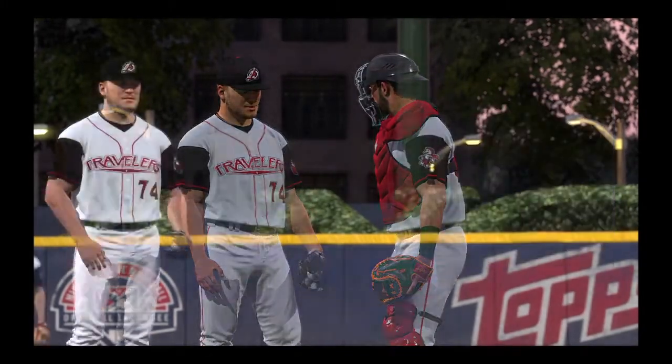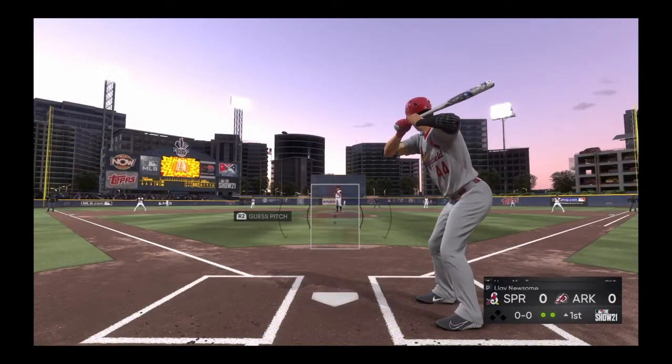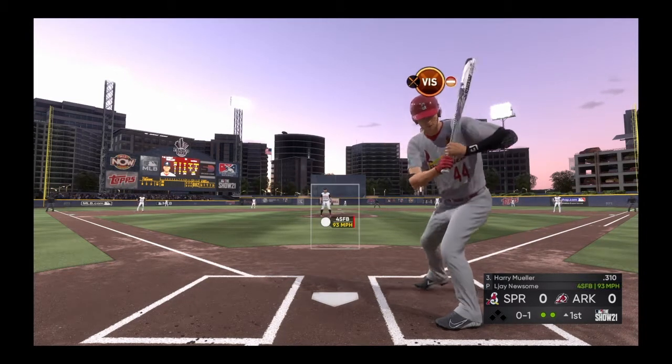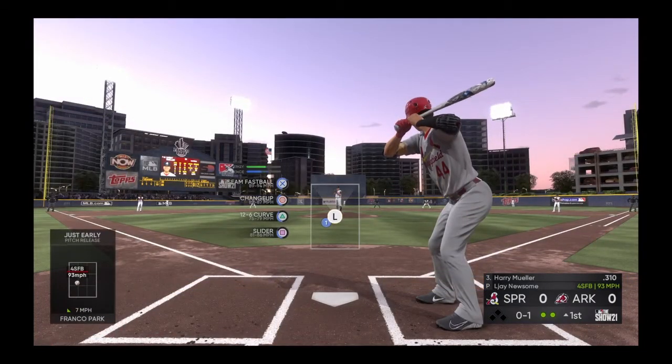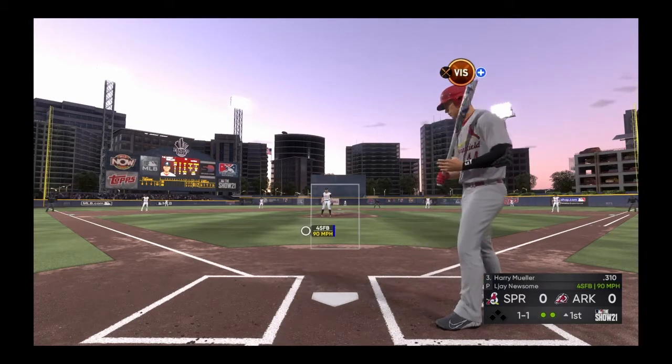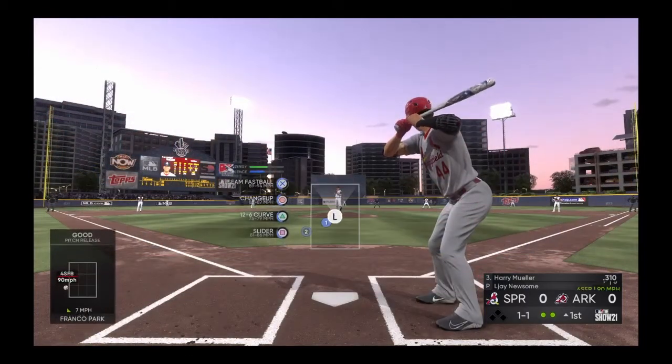Leger Newsom, a right-hander from the state of Maryland, is on the mound here. Dan, any thoughts? Hey, Matt, this guy keeps his team in a ball game. He's won 2 of his last 3 starts, so he's been throwing the ball really well. And one of the keys for this guy is getting early outs to keep his pitch count down. If he can do that, he should be able to get into the 7th or 8th inning in this one